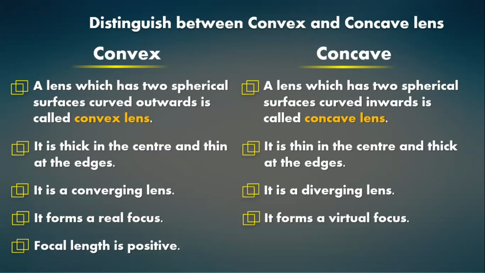Then here, a very important point, please write this down. Focal length is positive in a convex lens. The focal length is always taken as positive, from focus to the normal. And for a concave lens, the focal length is always taken as negative. Keep this in mind. Suppose a question says the lens is a convex lens, you have to know that the focal length is positive, and for a concave lens it is negative.